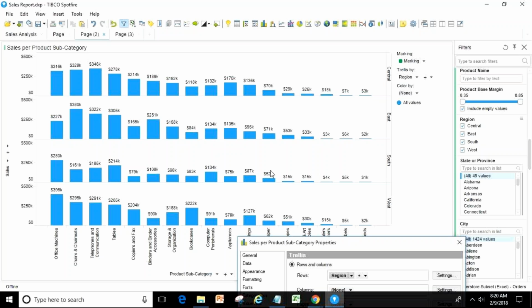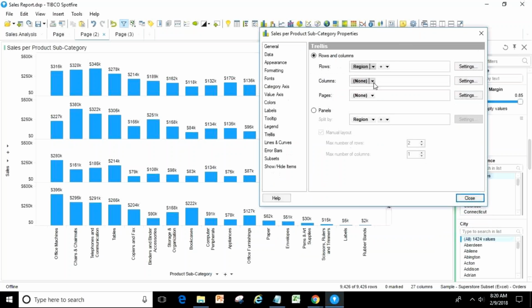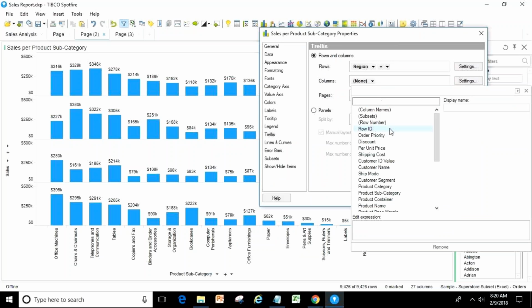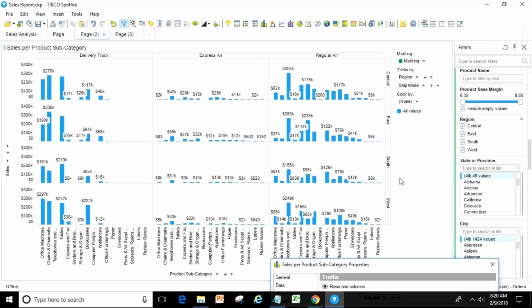Then I have columns. I will take these columns as, let's say, ship mode. Now the 4 rows are also getting 3 different columns: delivery truck, express air, and regular air. Now your chart is converted into a more detailed form.